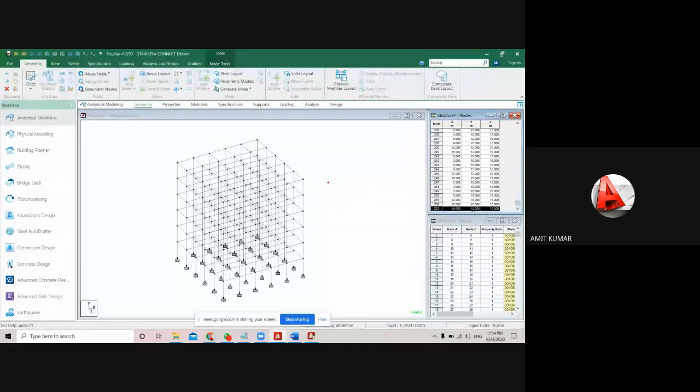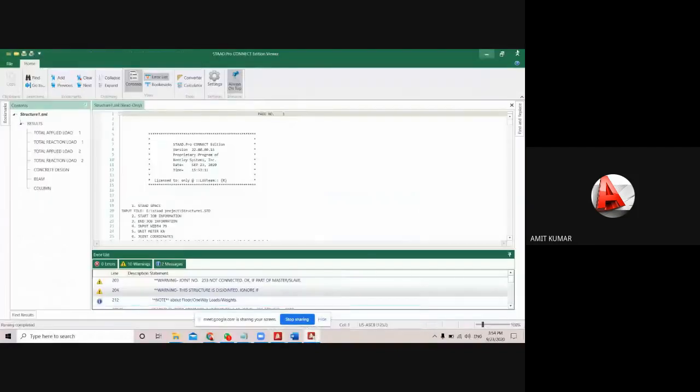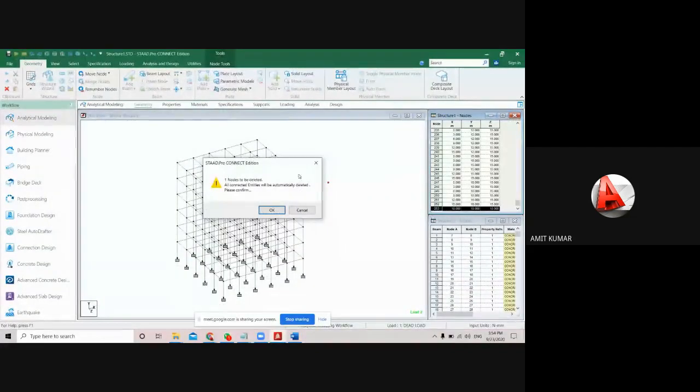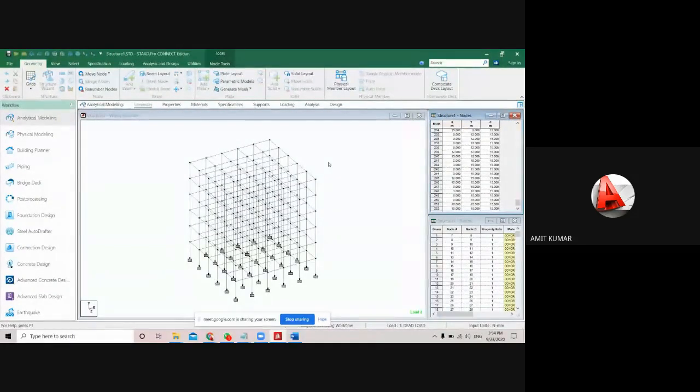If it is not visible, in that condition you have to select, click at this point, and then press the delete button. But before deleting it, you have to close the output also, otherwise it will not delete. Now you will analyze and you will get 0 warnings again.